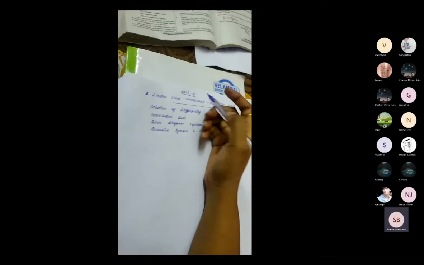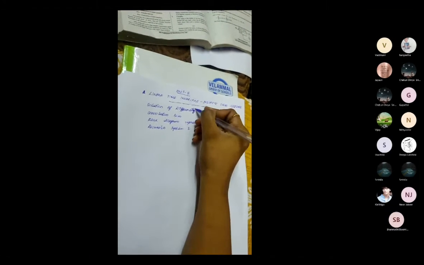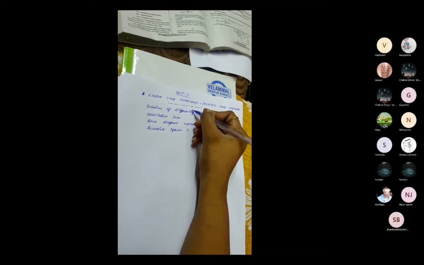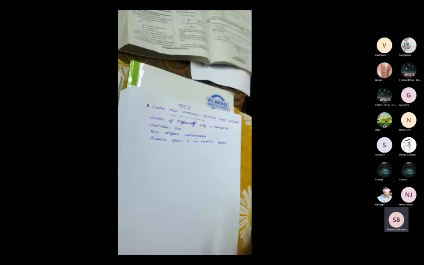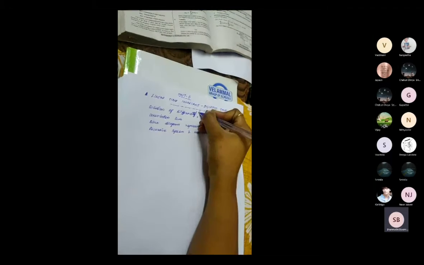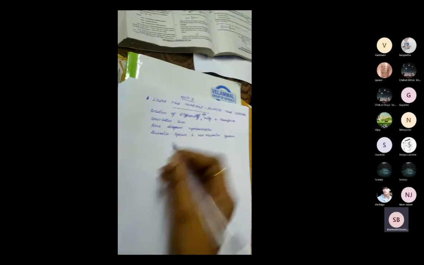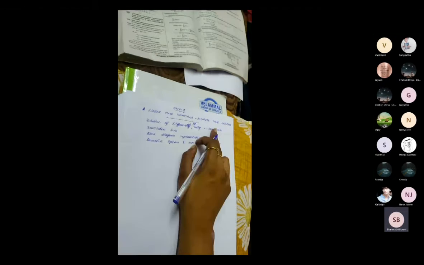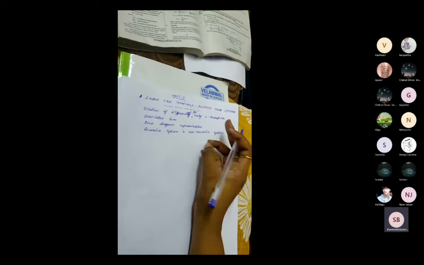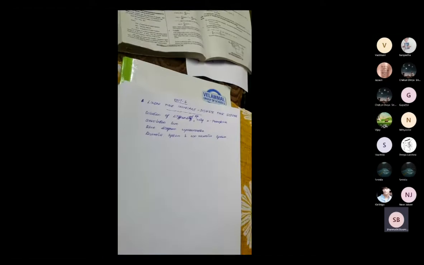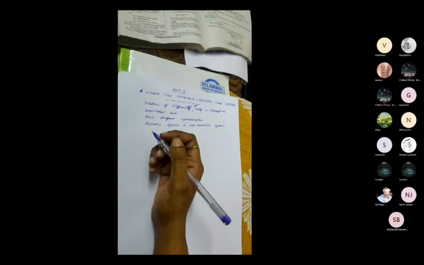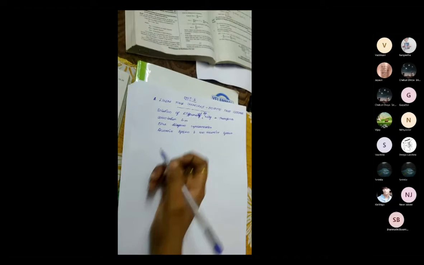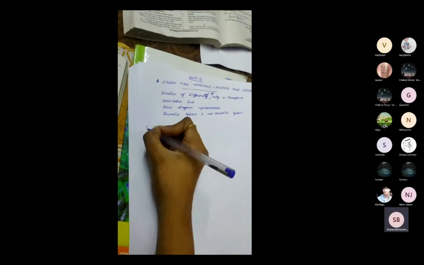So, solution of differential equation. The same method we used in the third unit, we have to use here also. But there you used the Laplace transform; here you have to use the Z transform. That is the only difference between the two. Shall we start the solution of differential equation?